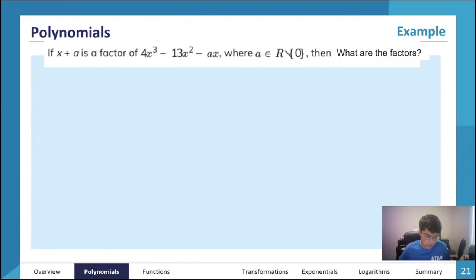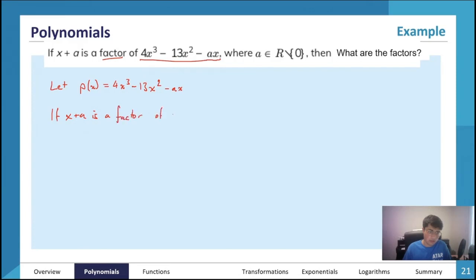Okay, so I'm going to get my pen out here. First of all, we need to rewrite this polynomial in a way that we can justifiably apply the factor theorem, because this is what it's asking us to do. It's asking about a factor. So let's write let p of x equal 4x cubed minus 13x squared minus ax. Now we can write, if x plus a is a factor of p of x,